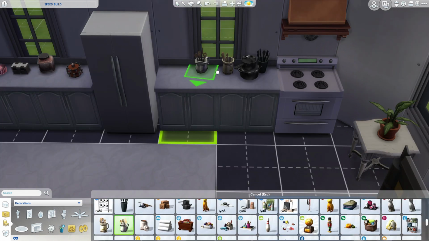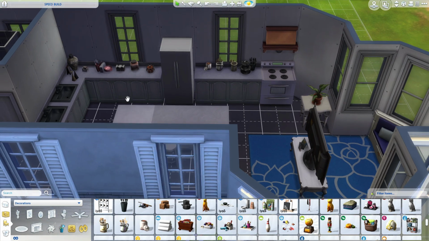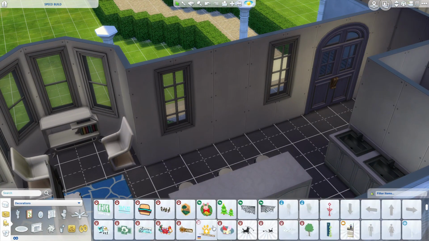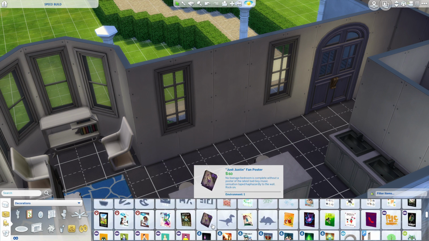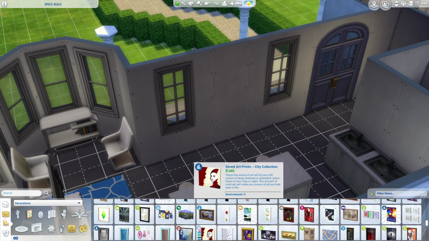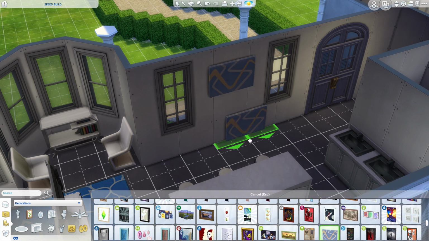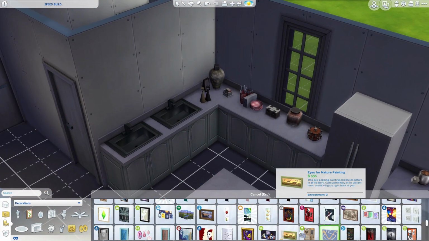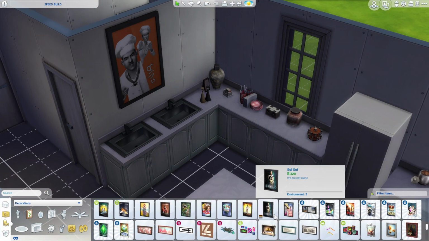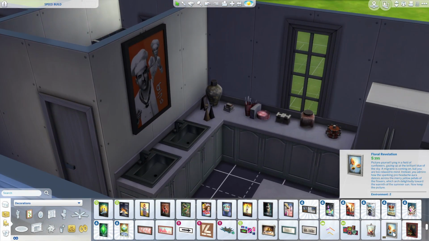I'm starting to see other stuff that I just don't use. I'm not a huge clutter person. I don't know, sometimes I see the need for it, and then sometimes I'm like, this doesn't need all that. It's too much. I use almost every single painting, so here I'm just adding paintings that would just not